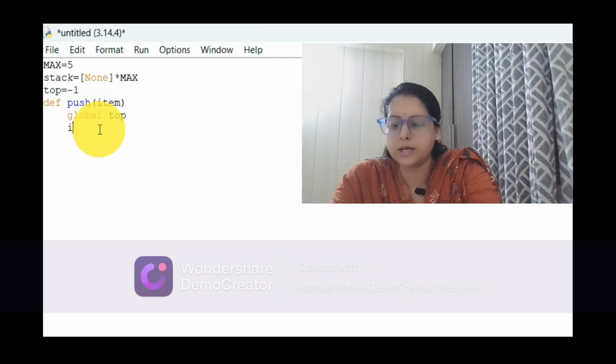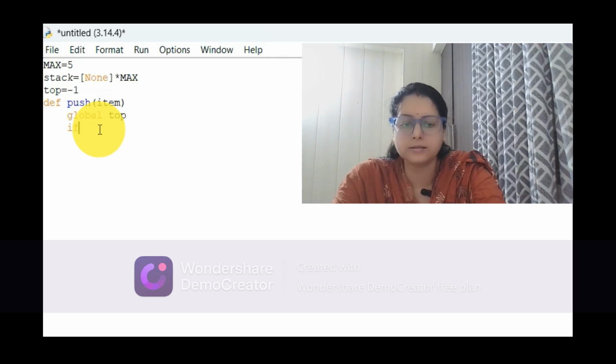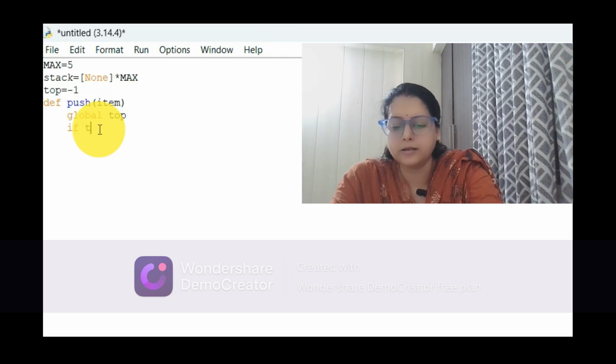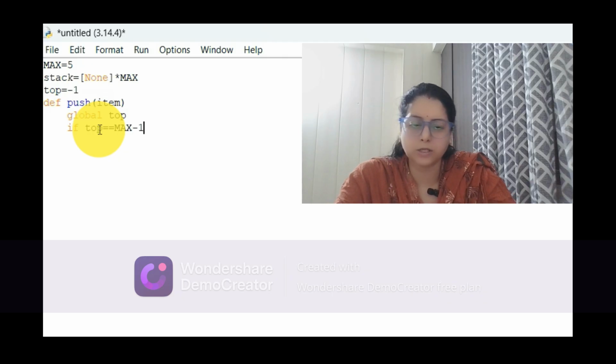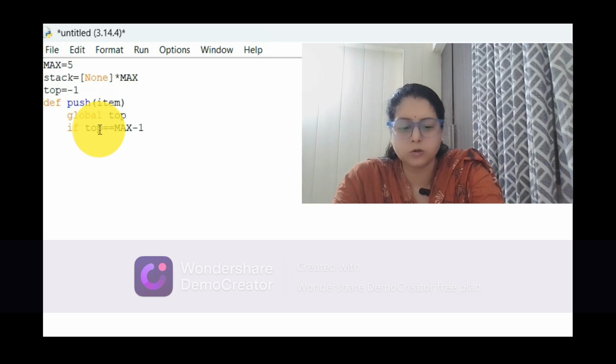Global top is done. Now we are giving if. If means we'll check the underflow and overflow according to the operation. First of all, this is the push operation, so what is to be checked here? Overflow should not be there, because we want to insert. How will we check it? We will write top equal to size minus 1, because whenever we implement an array, it starts from 0 and goes up to limit minus 1. So if it is max minus 1, meaning if the maximum size is 4 and no other space is there, that is the overflow situation.